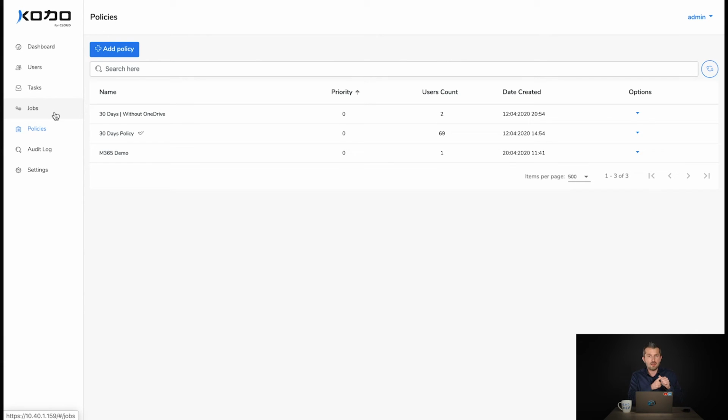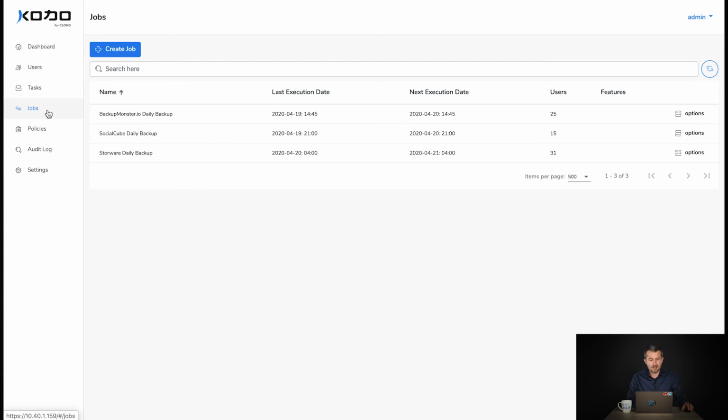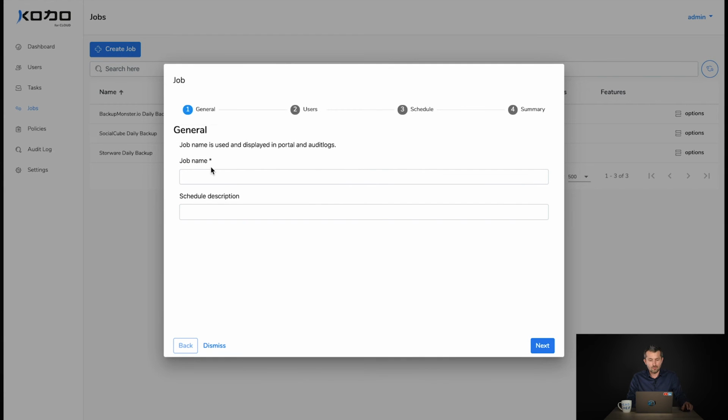So we log in, we added the organization, we synchronize users, we create the policy. So let's do the last step, giving us the option to automate protection for the Office 365 data. This is the job type tab, and here we are creating a job called M365 demo for the presentation